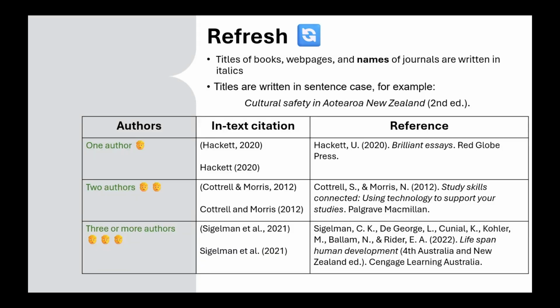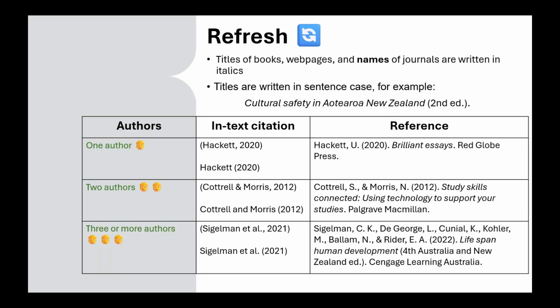When we have two authors, we have to record both their surnames in our in-text citation along with the publication date. If we are putting them in brackets, we use the ampersand symbol. However, if we are mentioning them in our sentence, for example, Cotterill and Morris, that is called putting them in the narrative. And in that case, outside of brackets, we separate the names with AND. Again, in our reference list, we put the full details, both authors' surnames and first initials, the date, the title,